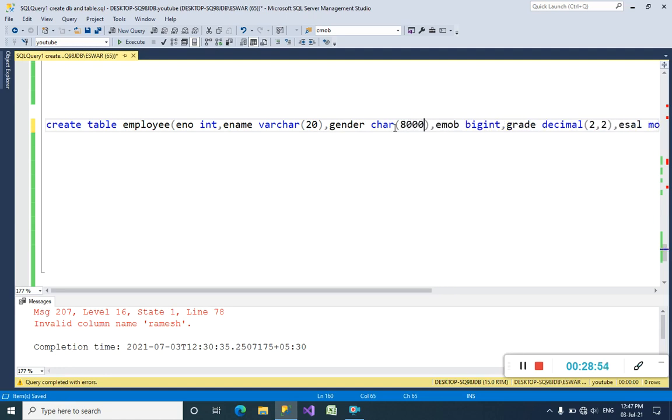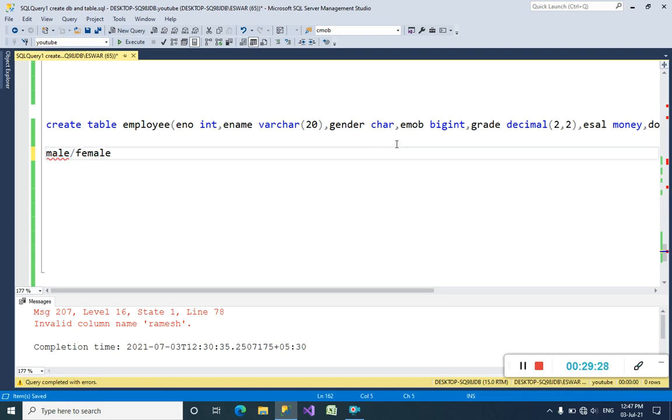Then it will automatically take a size of one character only. I cannot insert the full word male or female.